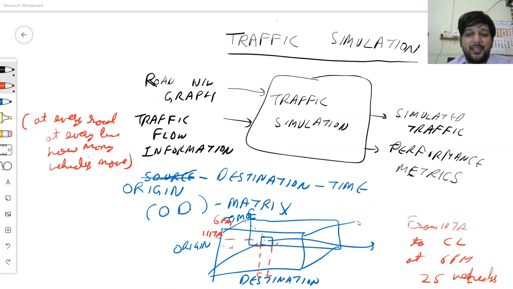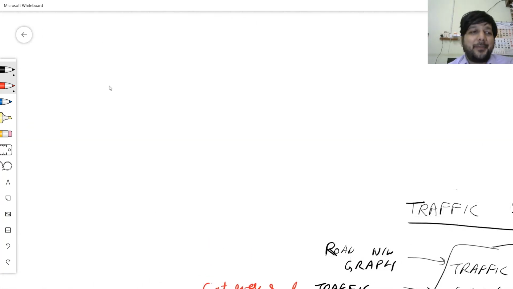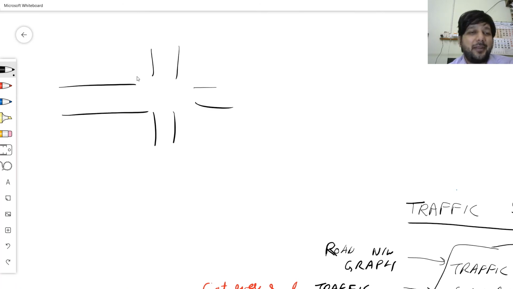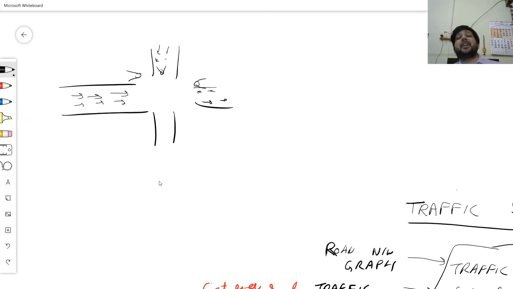I assume that every single place has something like a smart camera. So that's my intersection where different roads meet. And as soon as you come here, there's a camera kind of a system over here, over here, over here, and that's doing some basic kind of accounting. So I know at every particular time how many vehicles are there over here, how many are there over here, how many are there over here, how many go from here, and so on and so forth. That's one way you can get it.